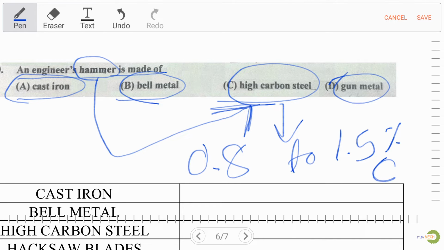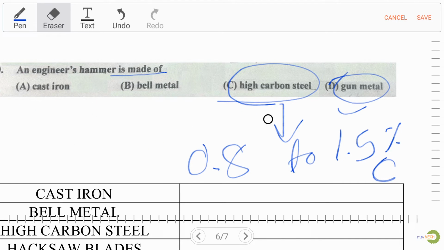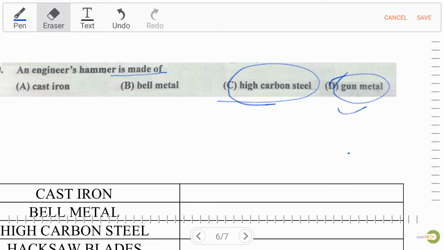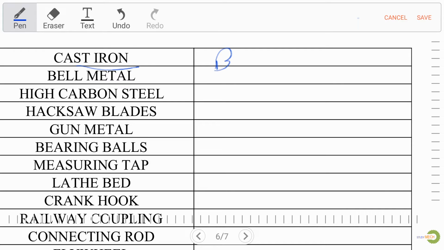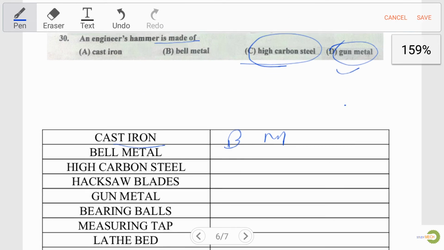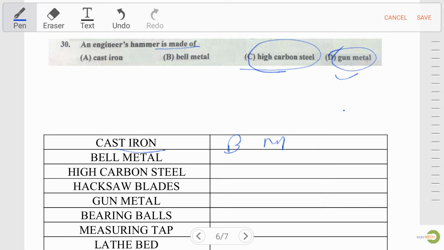Okay, now let's discuss all other options in brief. So let's move to the details given over here. Cast iron, as we know, is a brittle material, and next stainless steel is a ductile material. Okay, that we know. And for brittle material and ductile material,